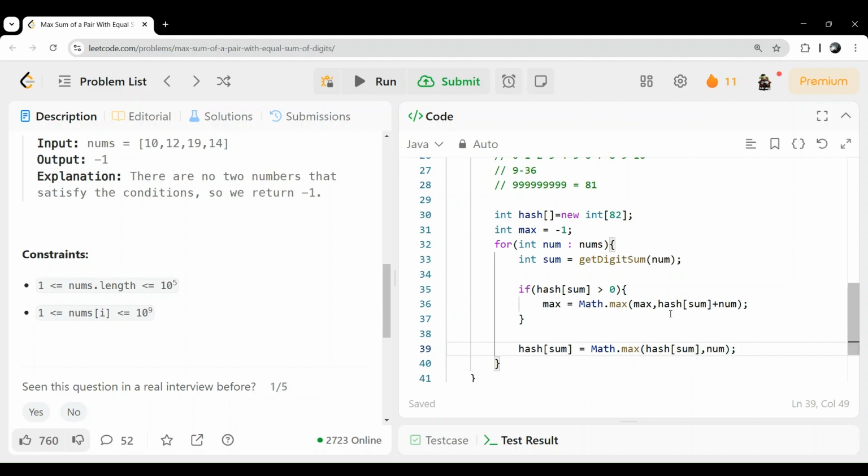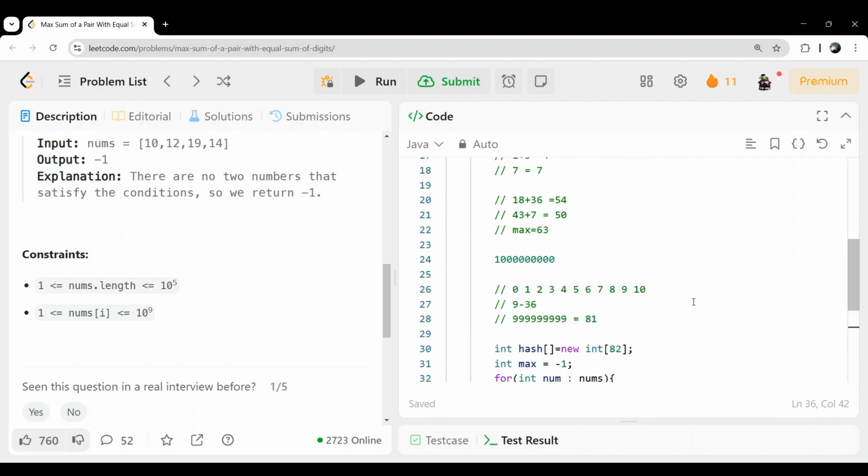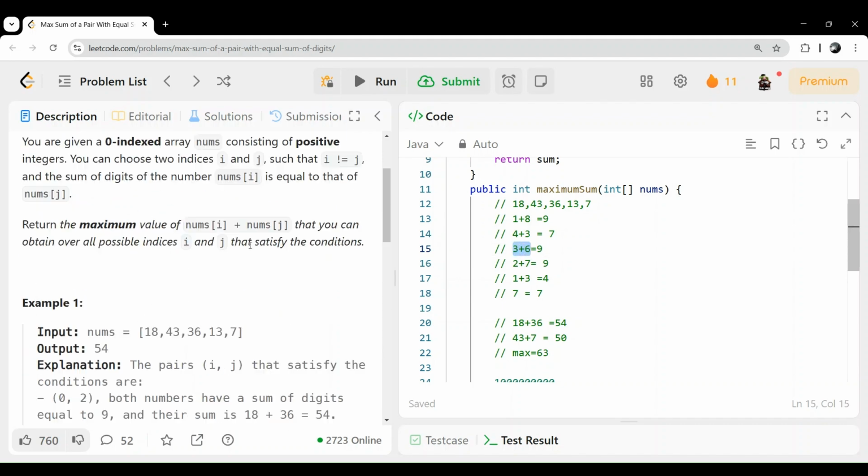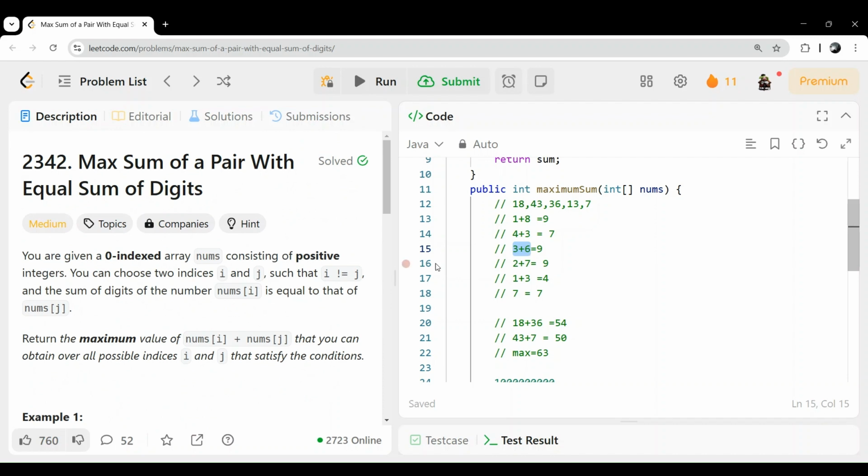Okay, so here what we did: initially, let's say in this example, we had this 18 in our array, and then again a number came with the same sum. What we will do, out of this 18 and 36, first we will find the sum of these two, because at the end we have to maximize the sum, and then we will maximize the value.